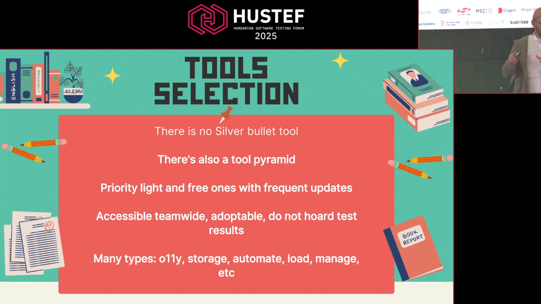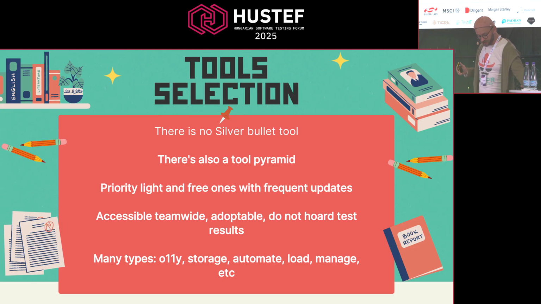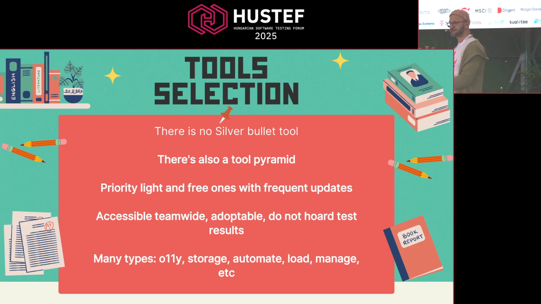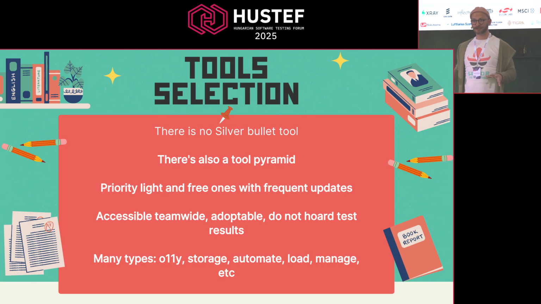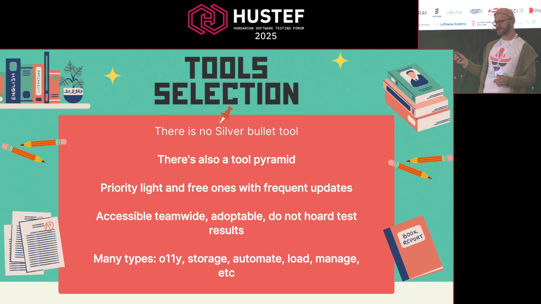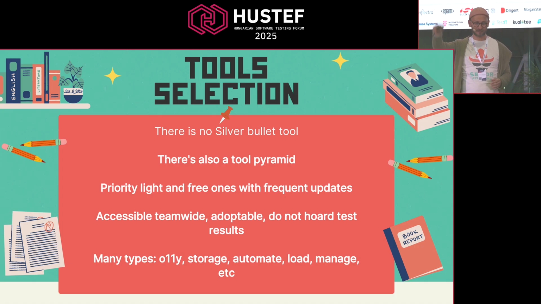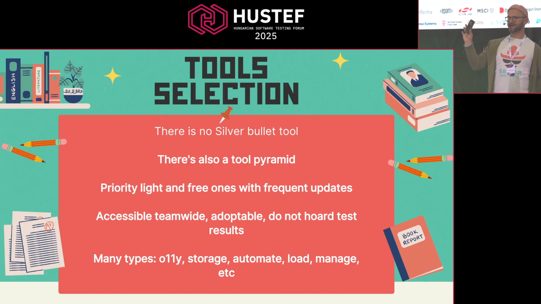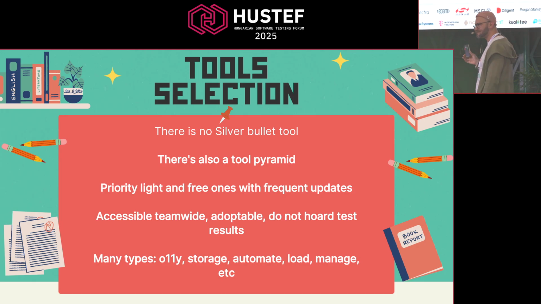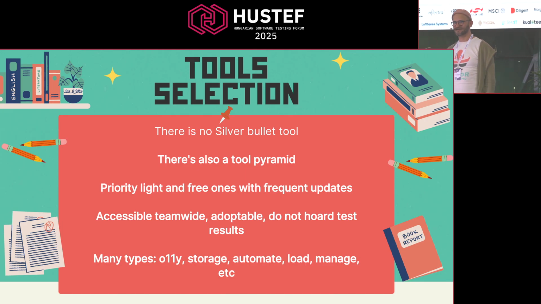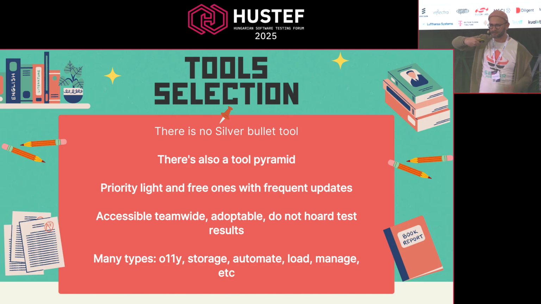There are many types of steps that you should do. Tools for observability, tools for automation, tools for web browsers, tools for every part of our solution, you need a tool. And whenever a vendor tells you, this is the tool that will solve all your performance and testing problems, it will be like a spork. Yes, the spork gets you out of trouble, but doesn't do any of those tasks well. It's like, I'm going to eat soup, but between the lines, the soup falls and I don't get enough soup. So beware of that.